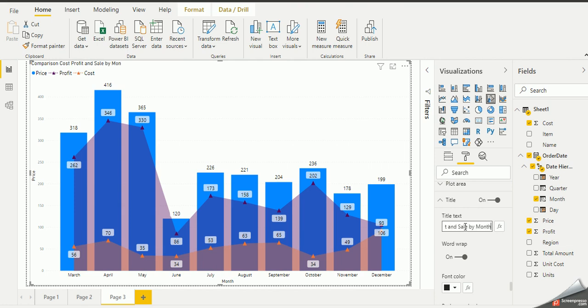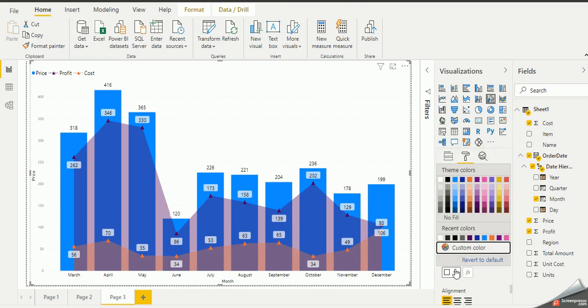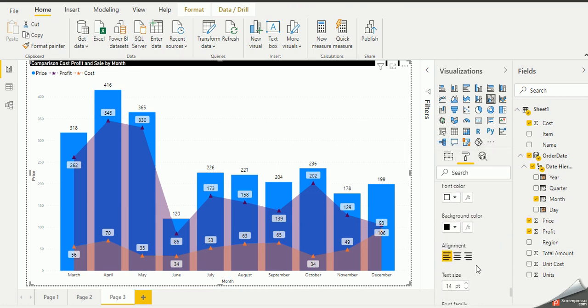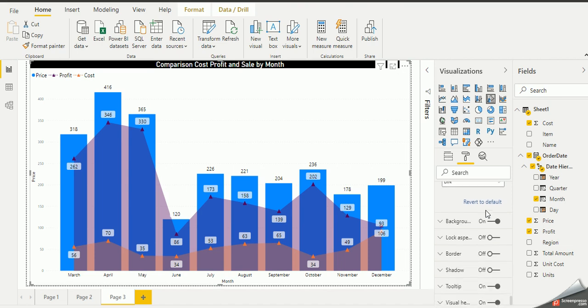Okay, and for a very good title, press enter, and for background color will be black and foreground will be white. Make it centered, and make the font size bigger.